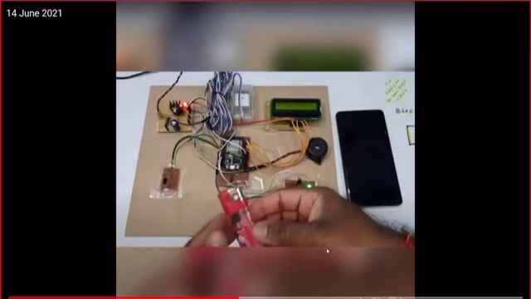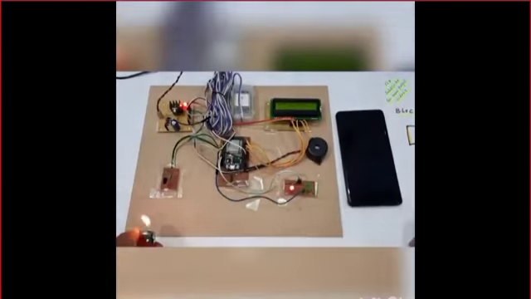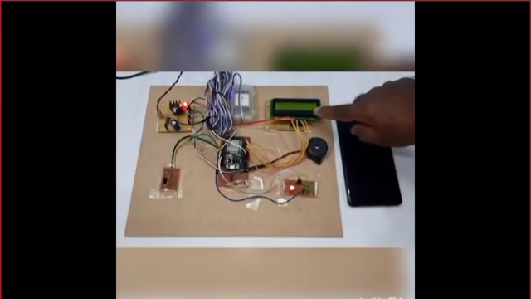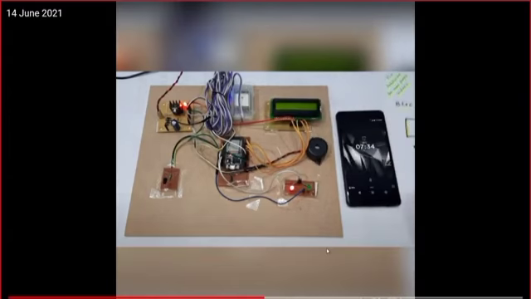Now let's see the demonstration of whether our system is working or not. First we will check whether our sensor is working. Yes, here the fire accident has happened and it has been detected, and the red light has glowed, and you can see the LCD screen display also. Now the GSM module will send the information to the buzzer and it will turn on. Now the buzzer will make some sound